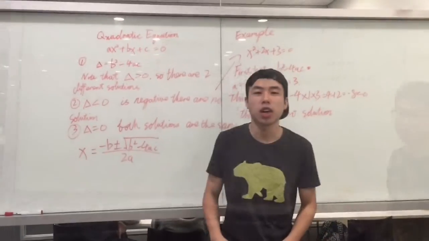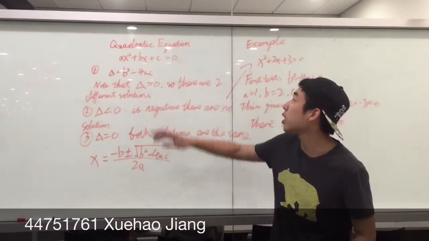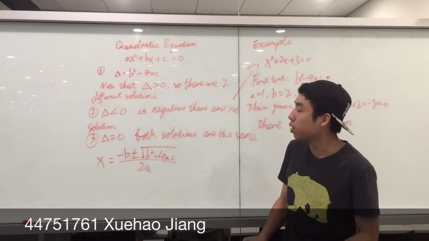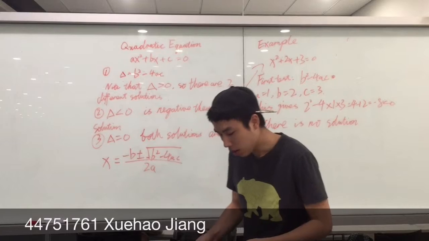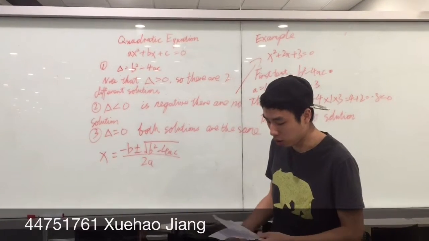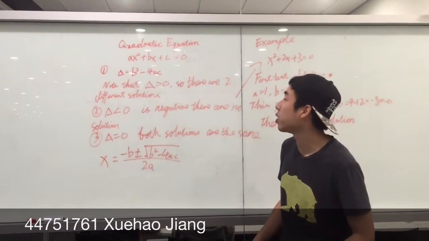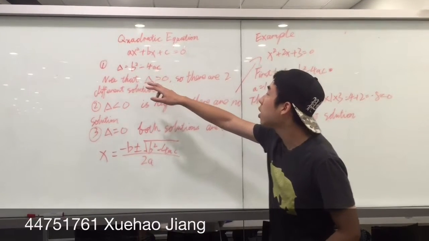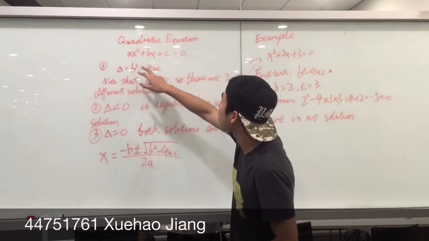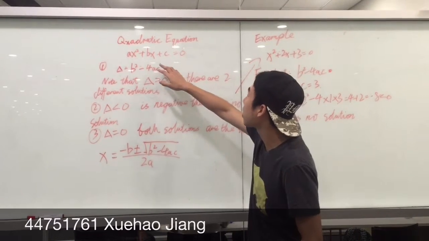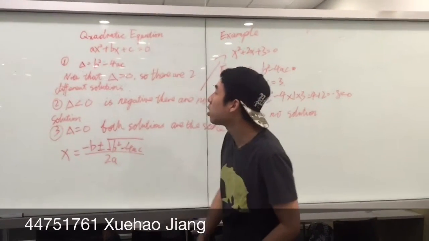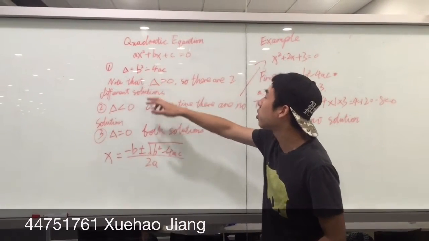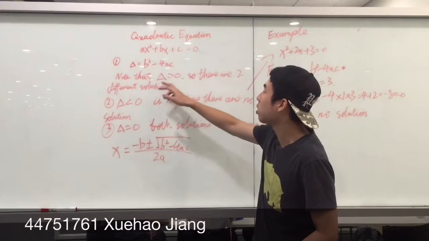Hello, I'm going to introduce the quadratic equation and the formula of roots. The method is used to solve a quadratic equation of one unknown, such as ax squared plus bx plus c equal to 0. The first step is the discriminant, equal to b squared minus 4ac. Note that